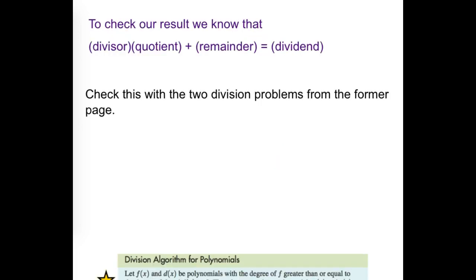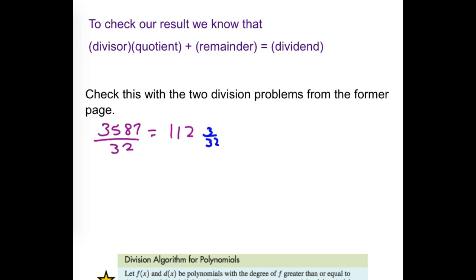All right, we can check our results. If we take our divisor times our quotient and add back in the remainder, we should get our dividend, what we started with. It says check this with the two division problems from the former page. So if we go back, our first question was 3,587 divided by 32, and we said our answer was 112 and 3/32